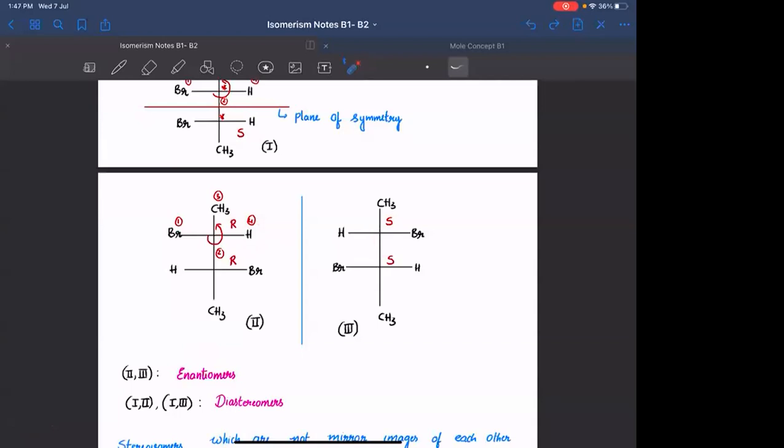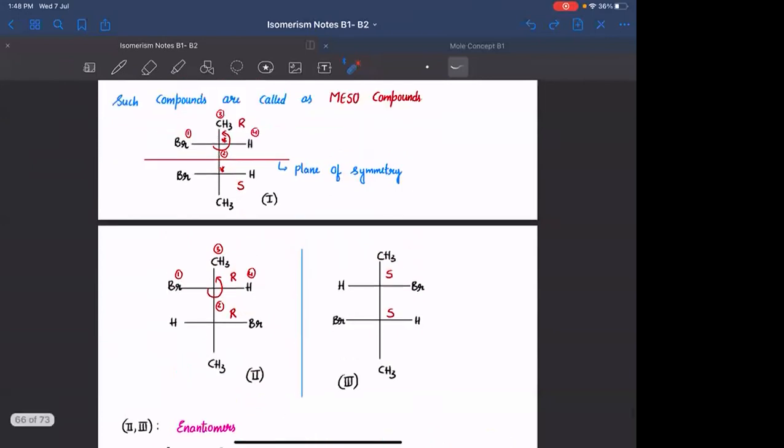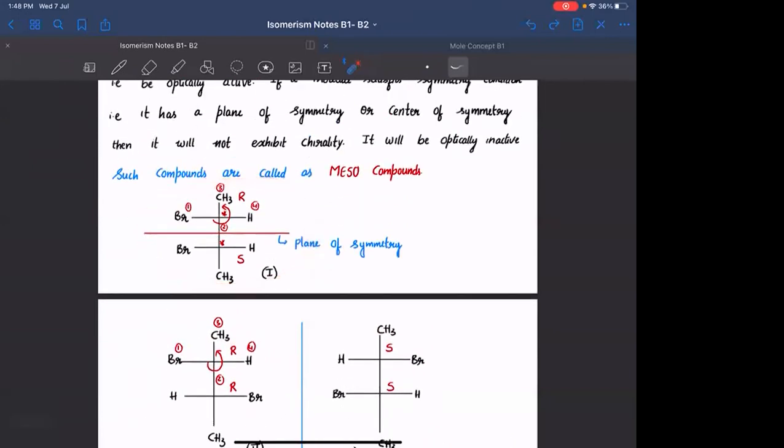Clear? So a racemic mixture is optically inactive due to external compensation or because of presence of two different configurations about an external mirror. A meso compound is optically inactive due to internal compensation. Molecule के अंदर ही compensate हुआ. Or it is due to presence of two different configurations about an internal mirror. यहाँ पे mirror लगाओ. Molecule के अंदर ही. You are having two different, opposite configurations about an internal mirror. Hence it is called as internal compensation.